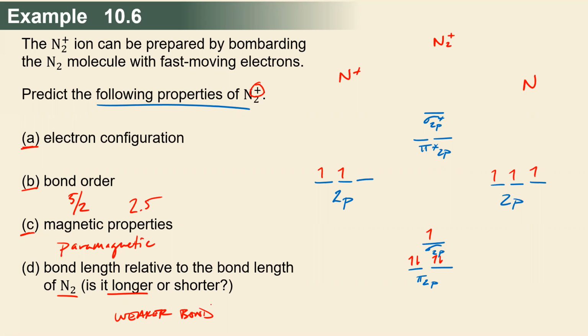Okay. Now I'm going to come back up to this electron configuration. I'm going to move to the next slide. You don't have another blank slide, but I'm going to cover molecular orbital electron configurations here real quick. So, electron configuration for molecules using molecular orbitals. So for N2 plus,